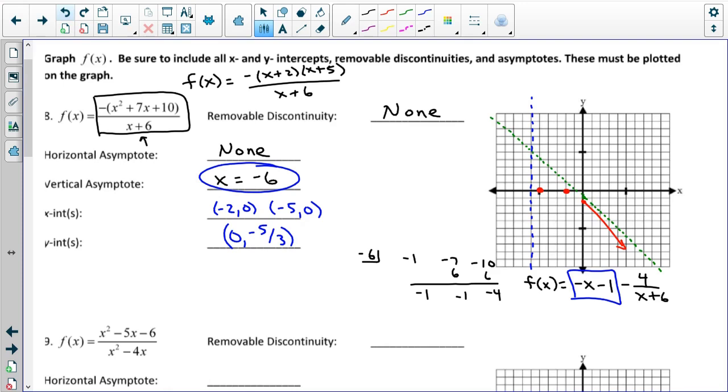And so as I continue to graph this, it crosses these 2 points, then goes down forever. Since this x plus 6 has a 1 first power, it's not a bouncer, so it doesn't go to the same side. So it's going to end up going to different sides. And then the value looks like it's going to go back on this green dotted line path. So if I zoomed out really far, it would basically look like this green dotted line path. But as we get close to the blue vertical asymptote at x equals negative 6,